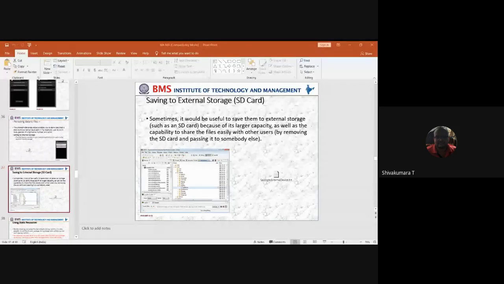Last class we have seen how to save the content into a file, means within the mobile device and to the external device like SD card. Today we are continuing with that. So saving to external storage,